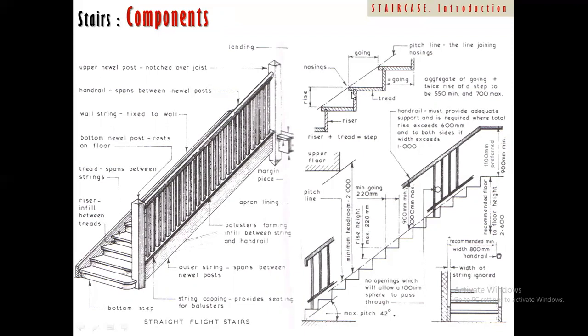Now this particular portion coming out of your riser area, that we call a nosing. This particular portion is the nosing, and to hide this particular joint, sometimes we place the scotia. Now nosing can either be molded, or be this kind of shape, just chamfered at the end. And this particular line, joining all the nosings together, is called the pitch line. The line is joining all the nosings. So I hope this particular diagram is clear.